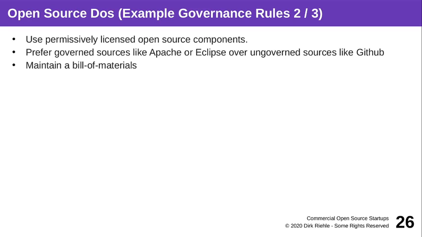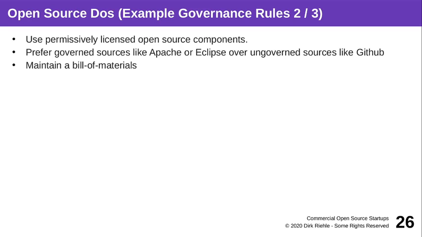So the rules an open source program office should give its developers is that you basically have your allow list separately from your deny list, and then some sort of must ask list where it's not clear whether it's allowed right away. Usually companies are restrictive, so if it's Apache licensed and from the Apache website, then it's okay. But if it's Apache licensed and from GitHub, it may not be okay, because you just don't know what people do on GitHub. Just because it says Apache on the outside doesn't mean it's got Apache on the inside.